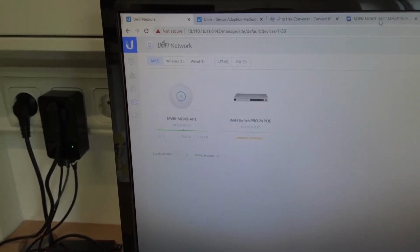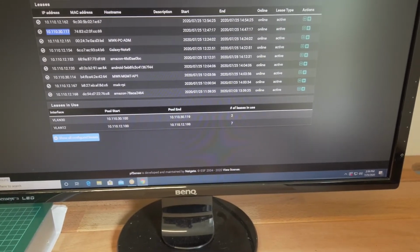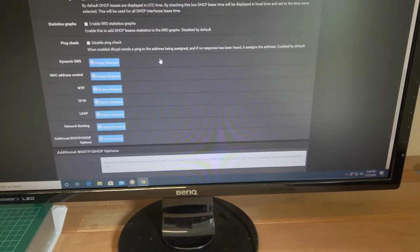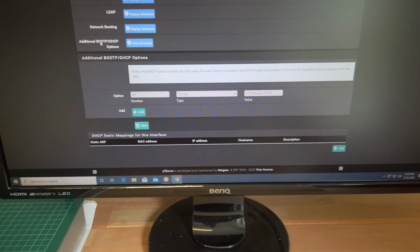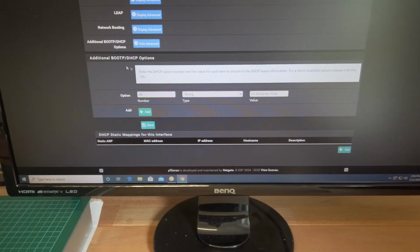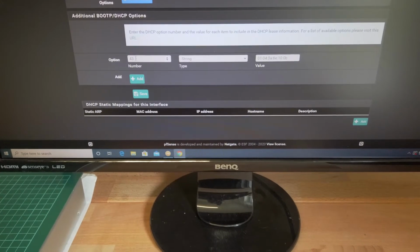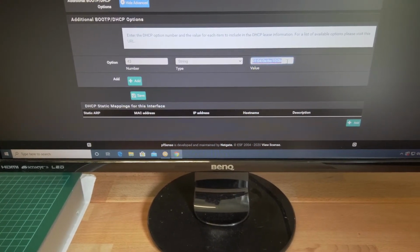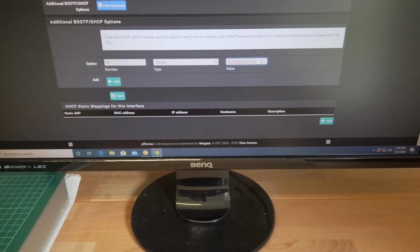And I do this on my pfSense with DHCP. So in the services and DHCP server, I can go to VLAN 30, and really far down here I have additional BootP DHCP options, and I configured one, option number 43, type string, and here is a hexadecimal value. You can just Google for